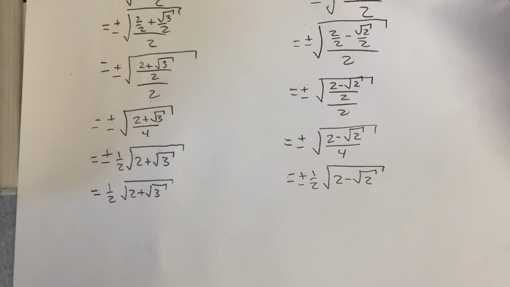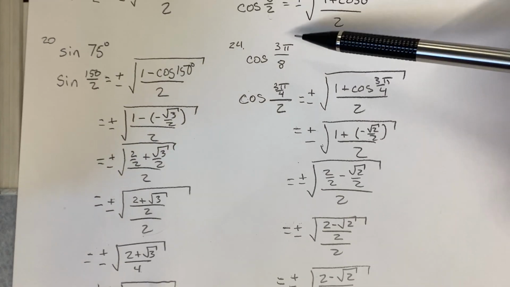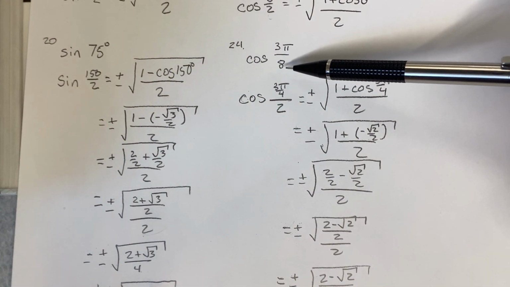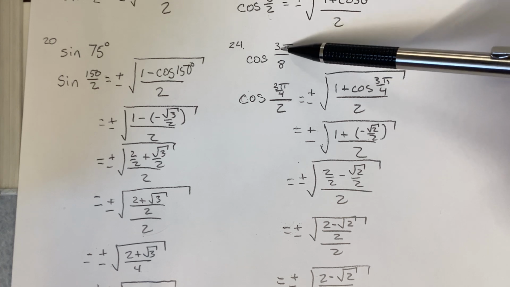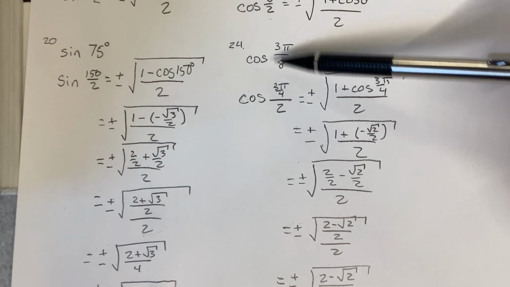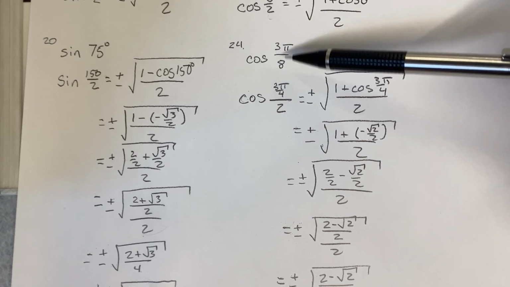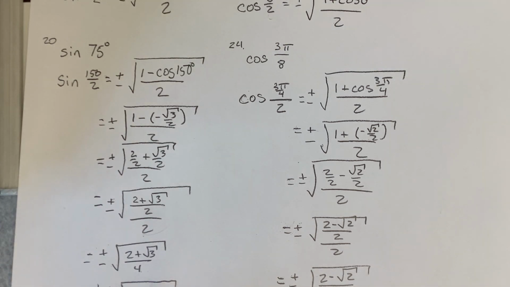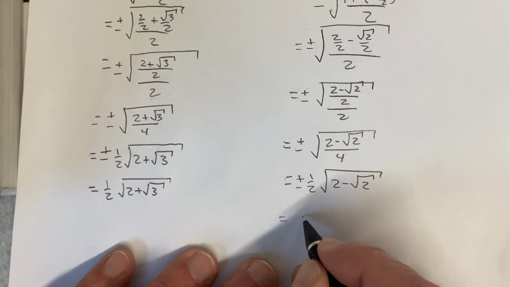So 3 over 8 is less than 4 over 8, so then 3 pi over 8 is less than pi over 2. So where is that? Well, that's in the first quadrant. What are x values in the first quadrant? They're positive. So now we are